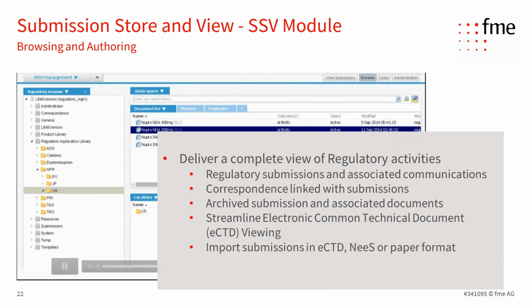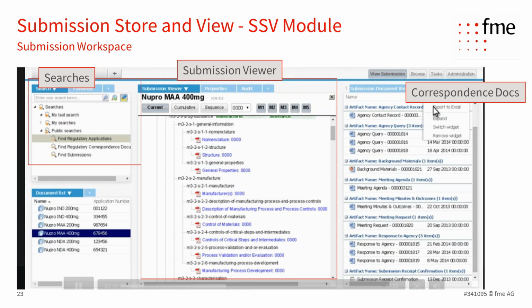But at the end, this gives you a high-level summary. And then here's a glimpse of what that looks like from a submission workspace. Again, it's another experience as a user that's leveraging the SSV module, where you still have that searchability which we talked about earlier. Based on your search criteria, you can get to documents or applications down on the bottom left corner. And then in the middle, you have your submission viewer, so you can view that eCTD hierarchy